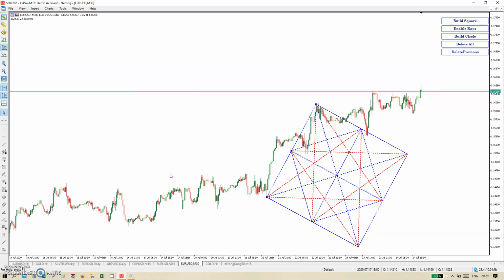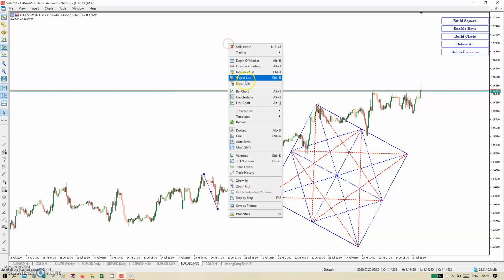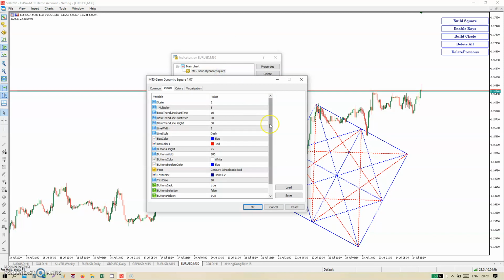Today I am going to show you some new parameters which I added on GAN Square, GAN Box and GAN Square Lite versions, which is solved on MQL, and this is the world's first dynamic GAN Box, GAN Square and GAN methods formula. Okay. Recently I added some parameters for auto scale, which is very hard to work. No other charting software has this available. So this is also an interesting and highly recommended feature which I added.